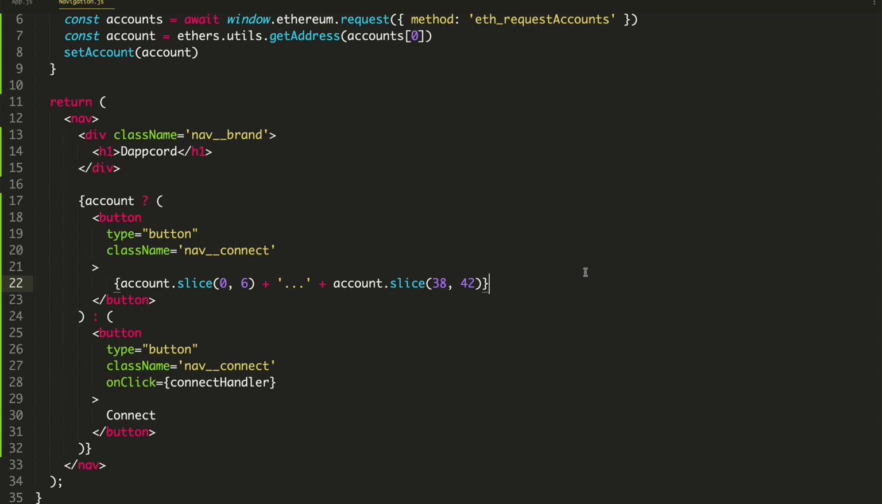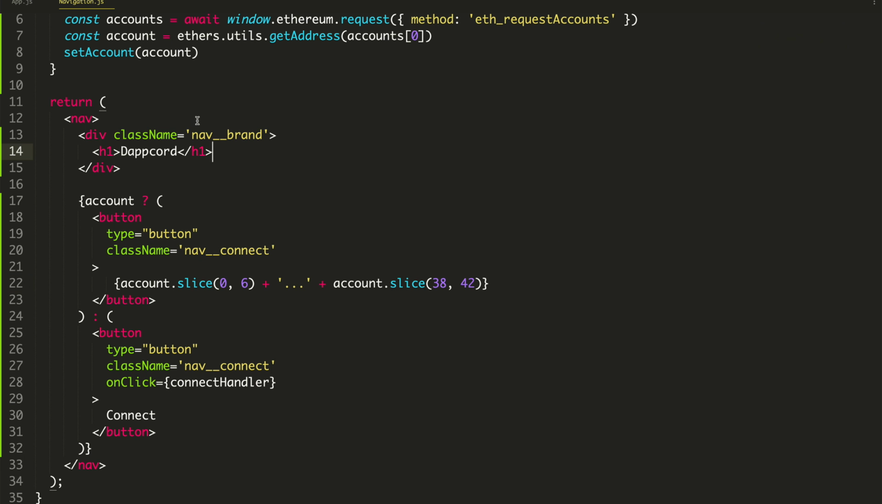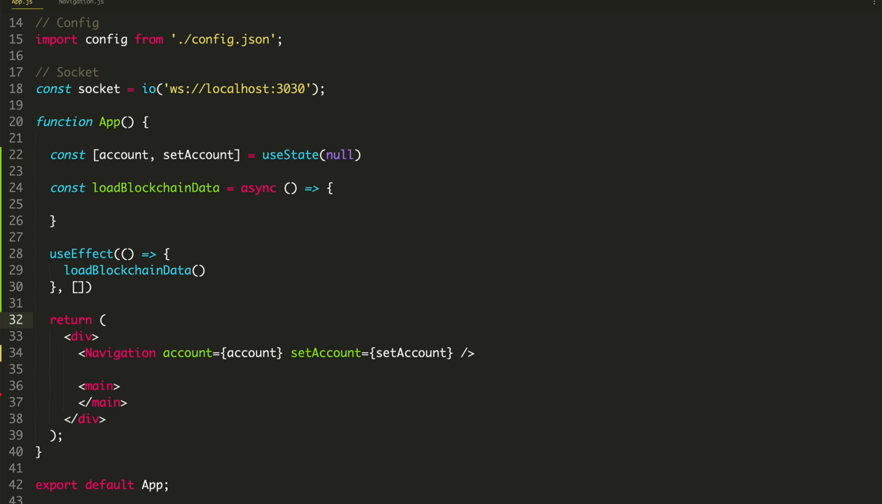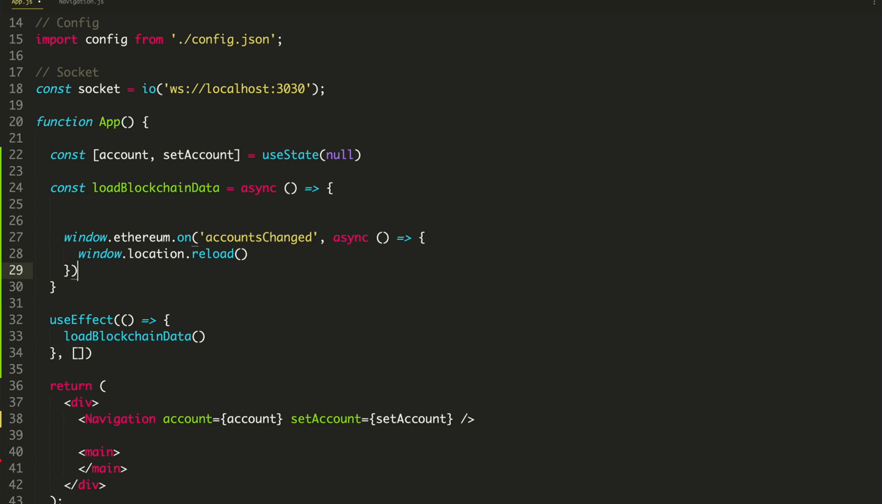All right, and so now that looks correct. So now one final thing I want to do is inside of app.js, I want to add this to the load blockchain data. And basically say, whenever you change accounts, we want the page to change. So I'm going to add this function here that says window.ethereum.on accounts changed, async, add this function,